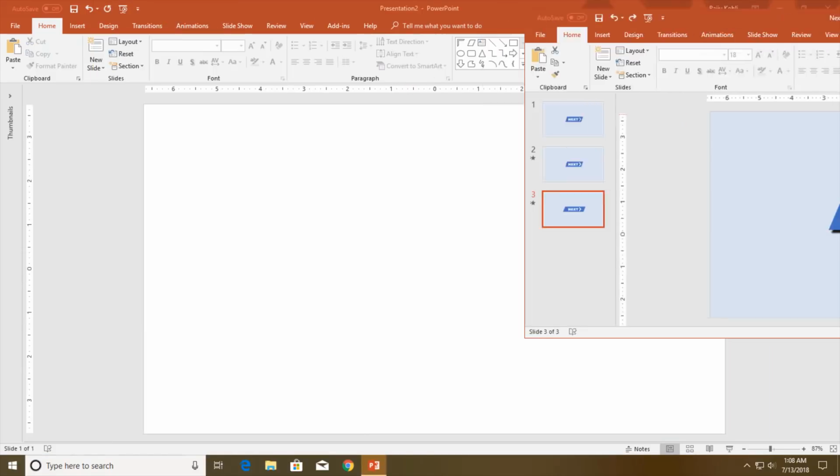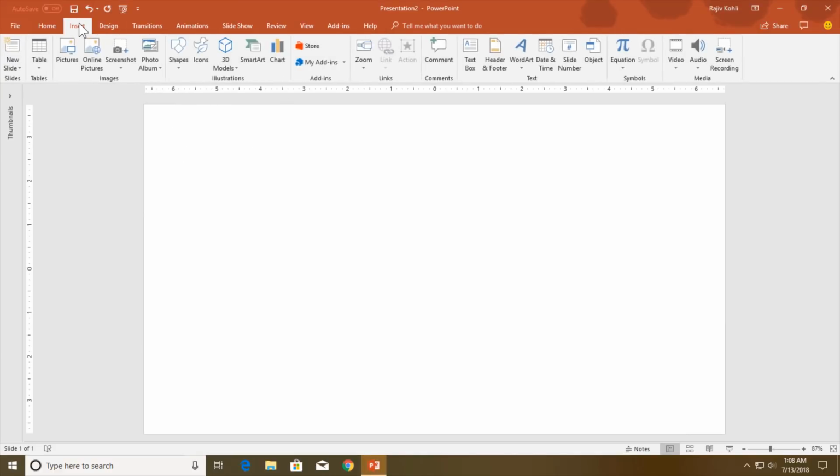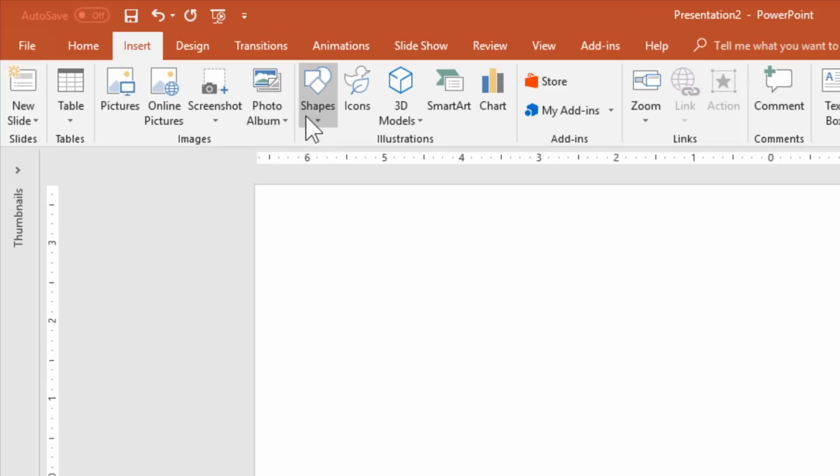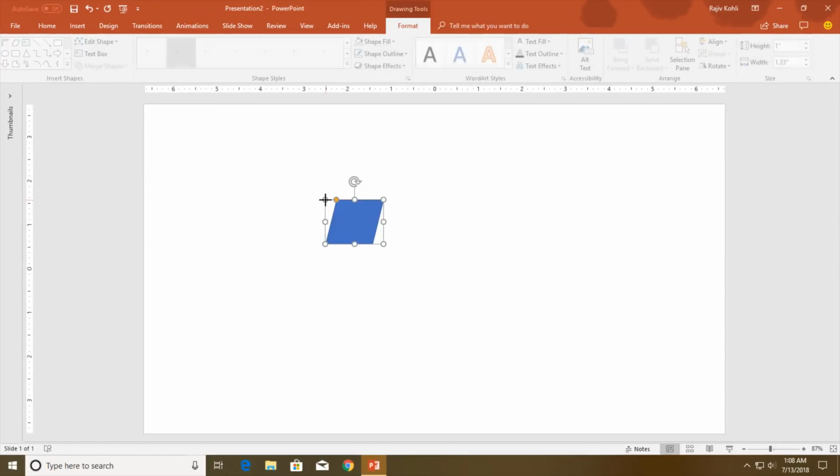First of all, I am going to take a new slide, and on that slide I am going to go to the insert tab, go to the shape drop down button and choose this parallelogram shape, and draw it right here.